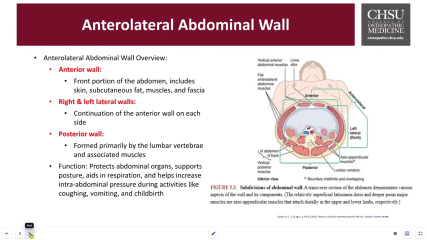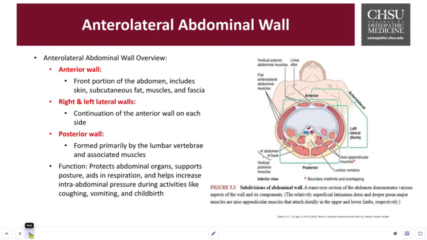So the abdominal wall is not just a single static barrier. It is a dynamic structure composed of multiple muscular and fascial layers that work together to protect the abdominal viscera. These muscles serve several vital functions. Stabilization: they support the lumbar vertebrae and help maintain posture. Respiration: they assist in the mechanics of breathing, and also play a role in pressure regulation. They help increase intra-abdominal pressure, which essentially helps with coughing, vomiting, defecation, and childbirth. And weakness in these layers can result in abdominal hernias, where the abdominal contents can protrude through a weakened area